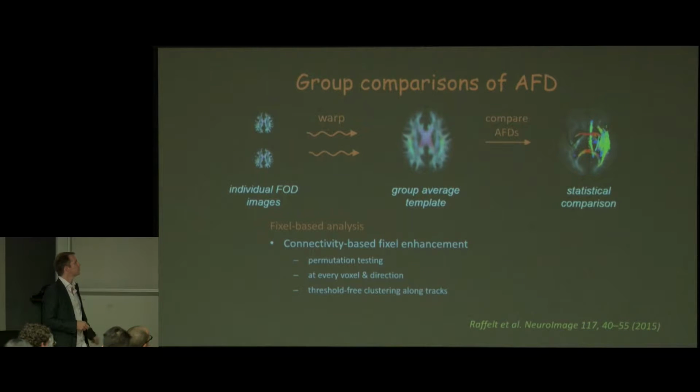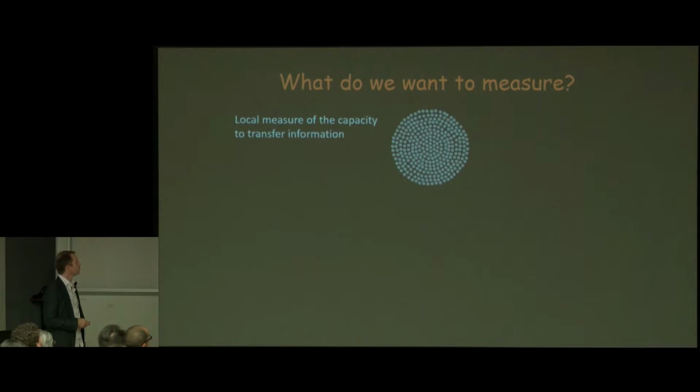And to do the statistics, we want to be able to compare these and correct for multiple comparisons and get reasonable results. And the framework we've come up with here is this connectivity-based fixel enhancement. It's based on permutation testing, and we've devised a threshold-free enhancement procedure, which I'll explain in a minute. But before we do that, we go to the question about what is it that we do want to measure